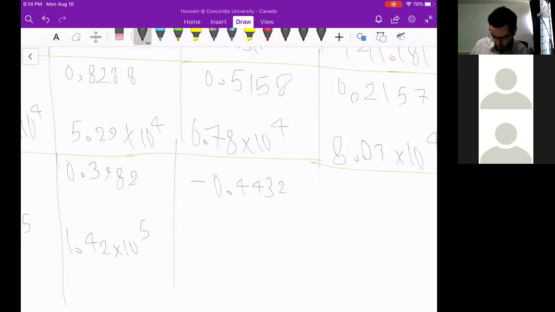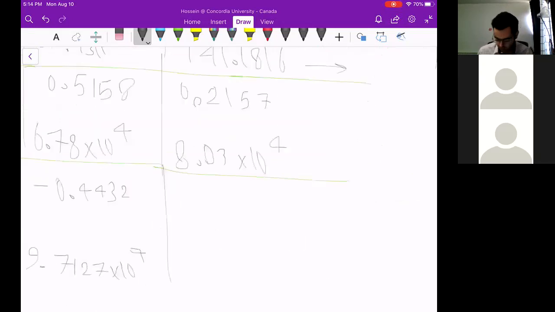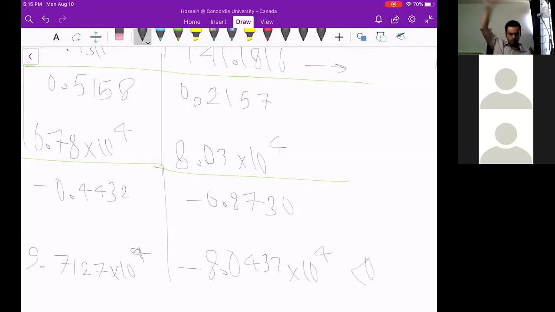Torque 2. Torque 3 is 9 times 10 to the power 4. And theta 3 would be minus. The last torque in this case is minus 0.433 times 10 to the power 4, which is negative. So here,